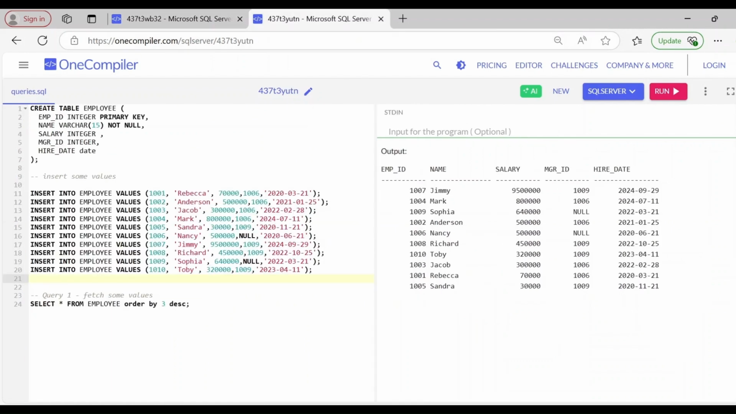Our next query is show the list of employees and their respective managers. So again, let's look at our table first. So here we are having employee ID, employee name, but we have only manager ID. We don't have any field as manager name. So we are seeing only 2 managers here where the manager IDs are 1009 and 1006. So 1009 means, if you see here, the employee ID 1009 is Sophia, and 1006 means it's Nancy. So Nancy and Sophia are the managers